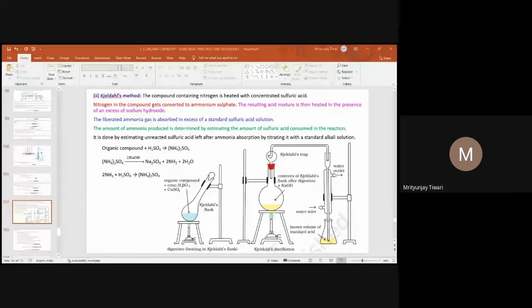So what does it mean? It means that if the molarity of both NaOH and H2SO4 are the same, then the volume of NaOH that we have used for titration, if it is V2 volume of NaOH, will neutralize only V2 by 2 ml of H2SO4, because